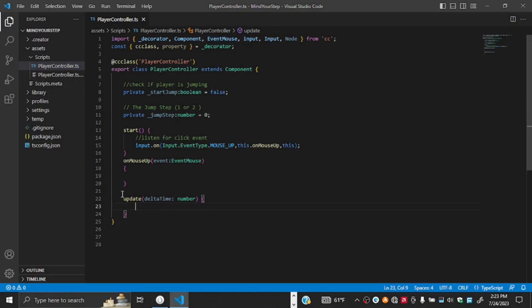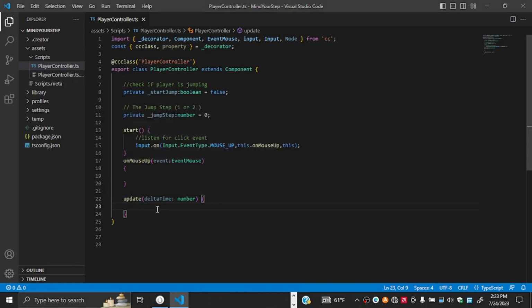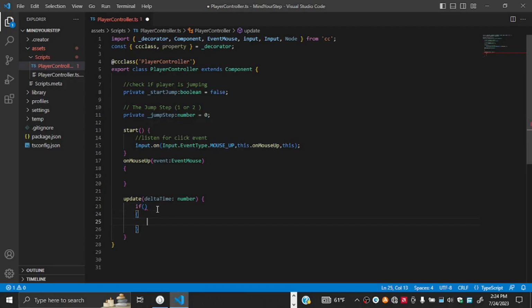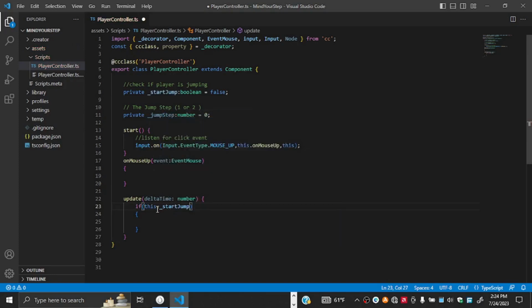Remember, the update is the one that's running per frame, about 60 times per second. Later on we'll be adding a jump, but for now all we shall do is put a condition to say if start jump is true,